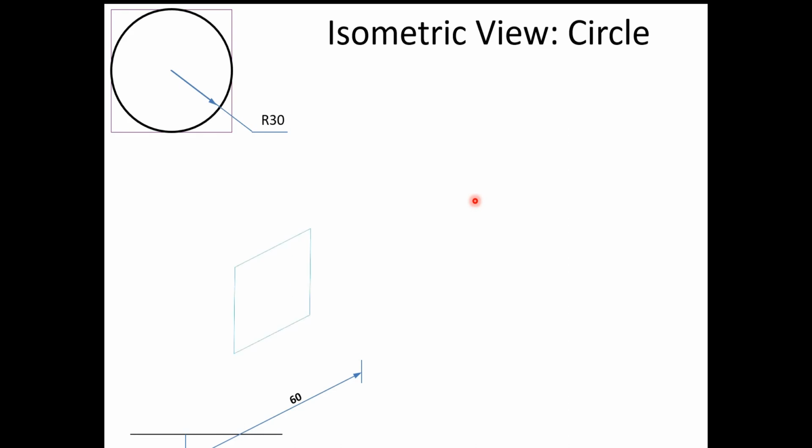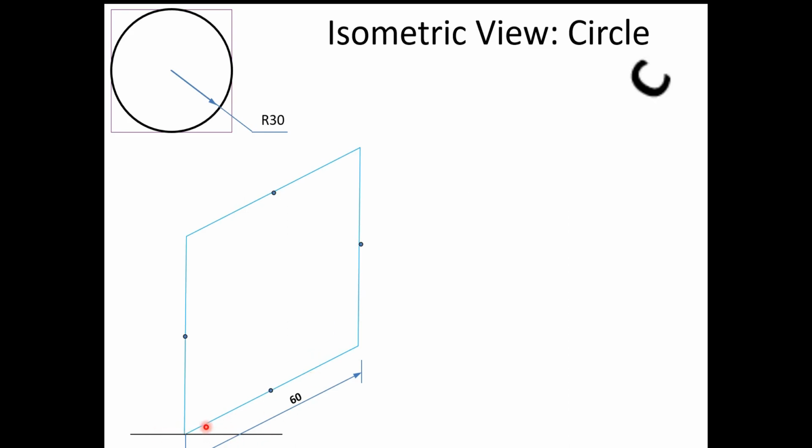Now similarly the isometric view on the right isometric plane. So here first I will draw the horizontal line. I will draw the angle at 30 degrees. I will draw this line. I will make the parallelogram. Then I will find out the midpoint of these edges.